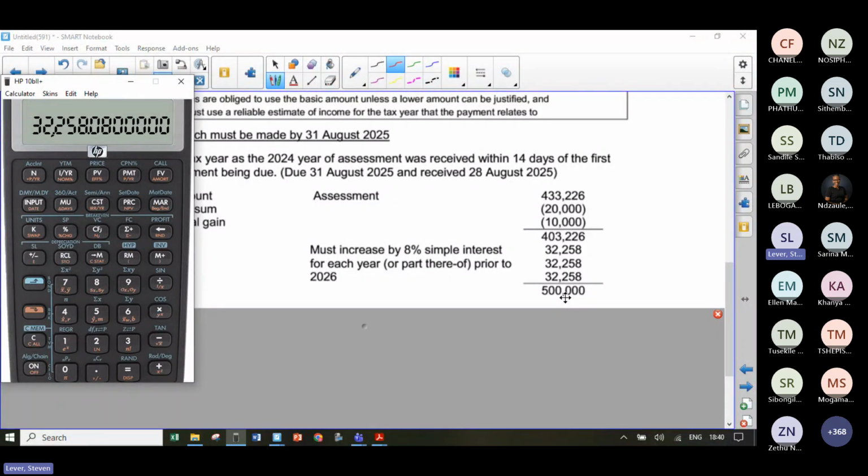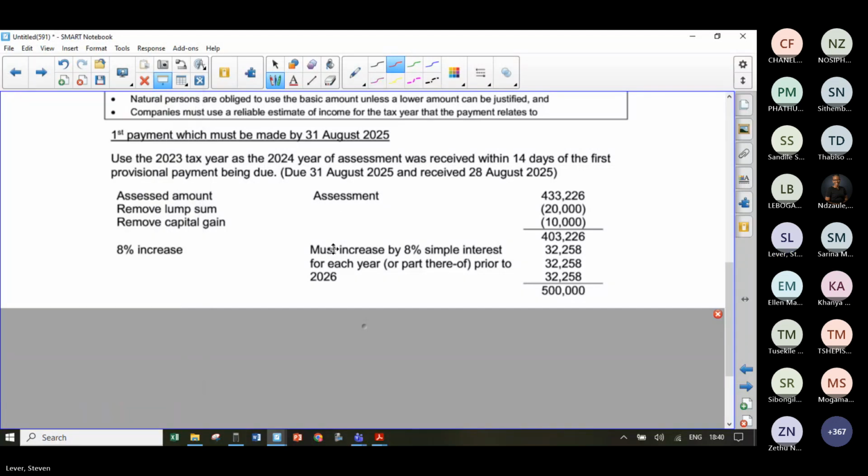So guys, first provisional tax payments based on your basic amount. So what have I taught you? It's the most recent assessment, more than 3 years, more than 14 days before payment. What I need to do for basic amount, always take off lump sums and capital gains. And if it's more than 18 months behind, add on 8% simple interest for each year or part thereof that you're behind. So there's the calculation. And guys, I'm doing the hardest possible calc you could ever see for an exam. Exams don't normally have all of the stuff in it. I'm showing you the worst calculation.